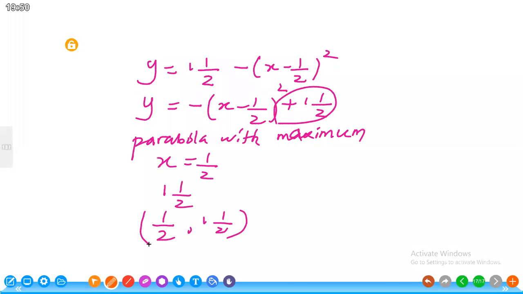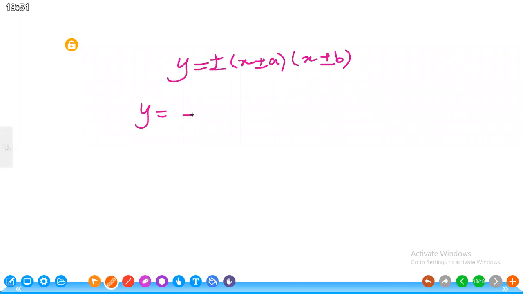Right, students? First, consider the coefficient part. The x squared coefficient is negative, so it is a maximum point, and the maximum value is represented by c. Here c is plus 1.5. And using this part, the equation of the axis of symmetry: here x minus half, so positive half is the equation of the axis. Then the x coordinate is plus half, the y coordinate is 1.5. So the coordinates of the turning point are half and 1.5.